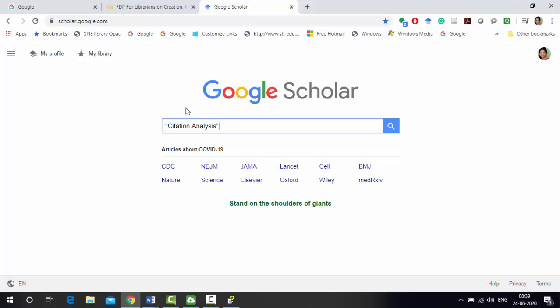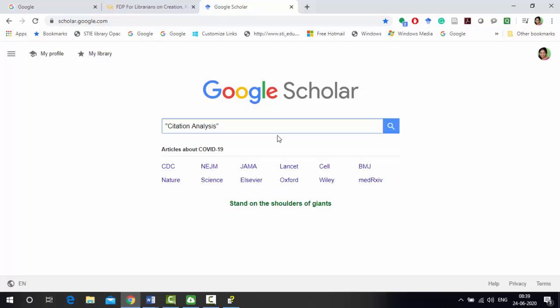Otherwise, it may treat citation as a different keyword and analysis as a different keyword, and also citation analysis as different keywords. So it will give you results on citations also, having analysis also, and citation analysis. But I want the papers which are strictly talking about citation analysis.